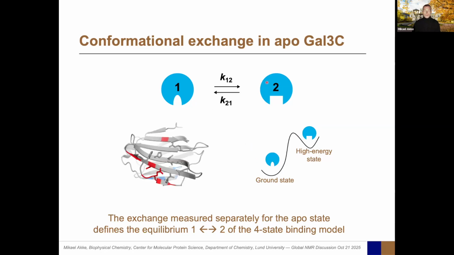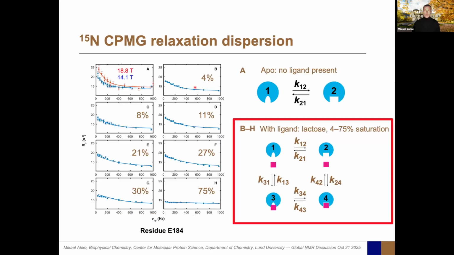All right, so we have this exchange, we've determined this now, and again, this was determined in the absence of ligand, but of course, this is the same equilibrium 1-2 as the 1-2 equilibrium when we have all four states present. So even when we start adding ligand, there's nothing changing this equilibrium. We've already determined what that is, and that actually helps very much when we want to fit all of